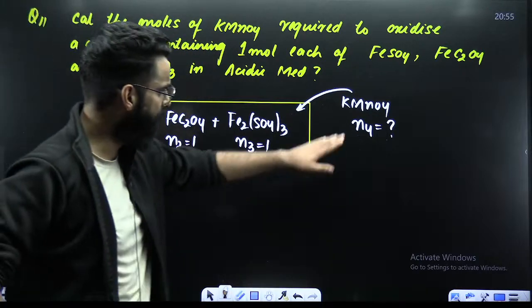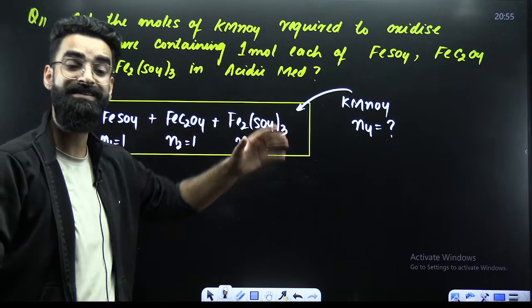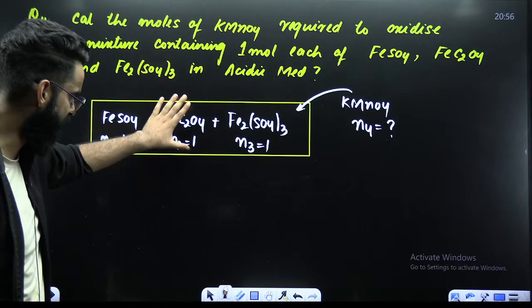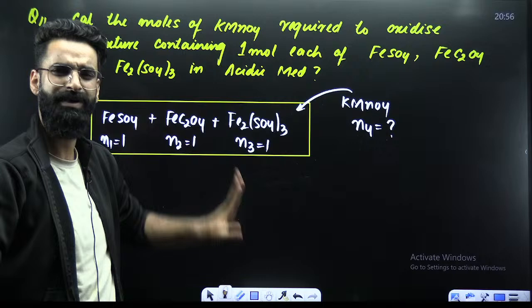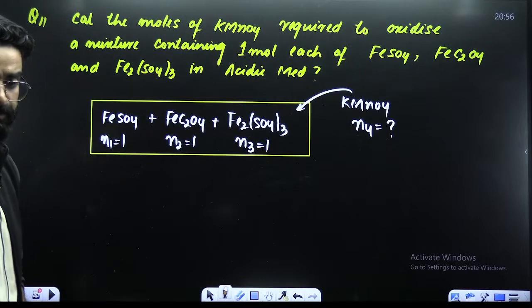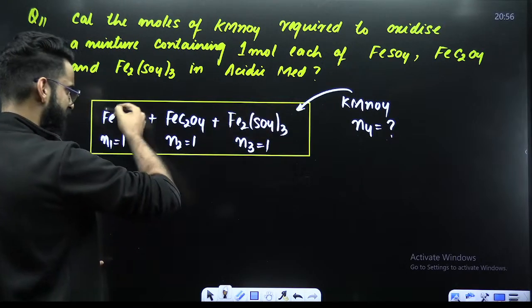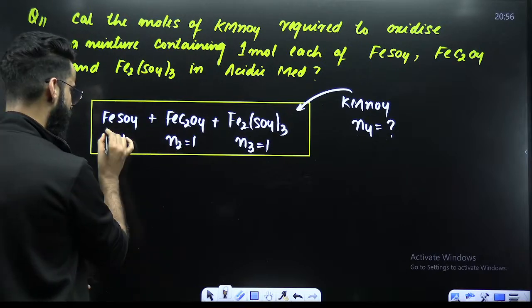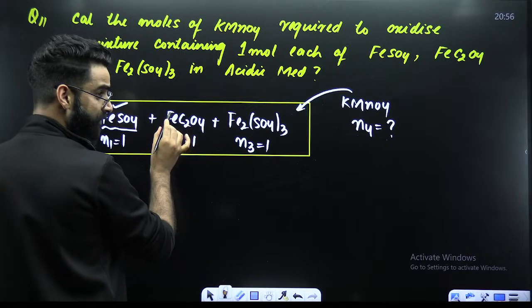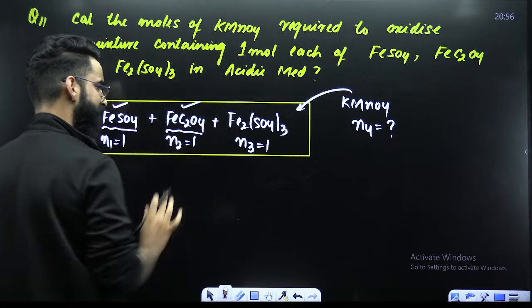First of all, for the KMnO4 which you are introducing here, you need to check with what all substances it is going to react. Is KMnO4 going to react with this? Can you let me know in the chats? See, first of all, here iron is in the dipositive state, and KMnO4, you know, converts Fe2+ into Fe3+. So, KMnO4 is going to react with this one. Yes, ferrous oxalate: Fe2+ will convert into Fe3+, and oxalate into carbon dioxide. Yes, it's reacting with this one as well.